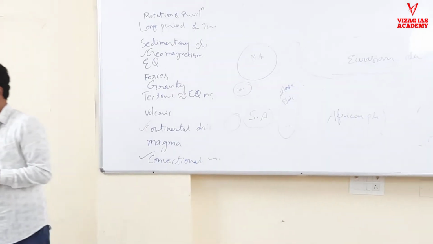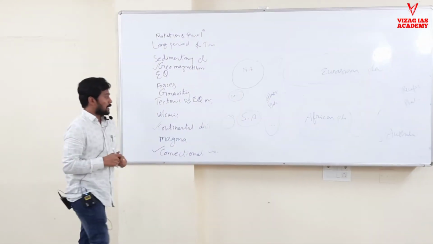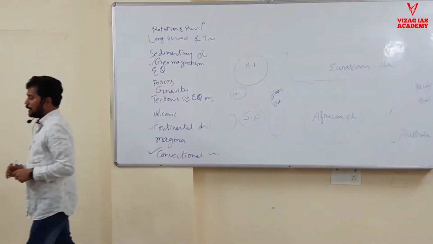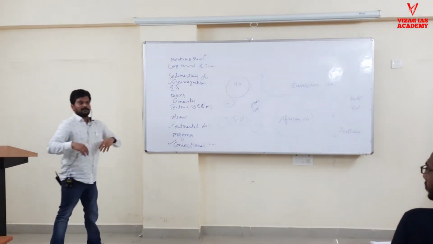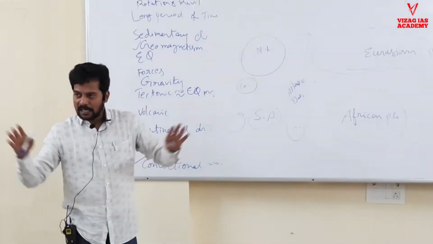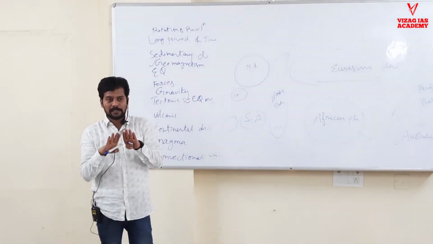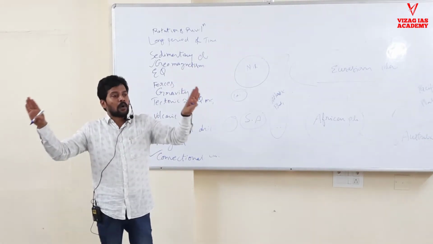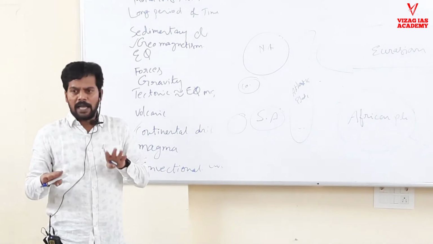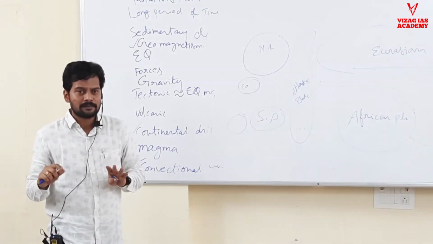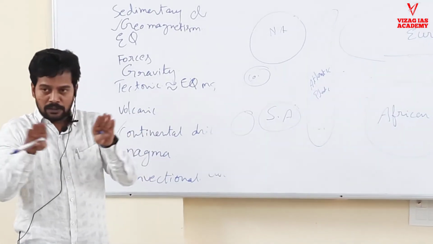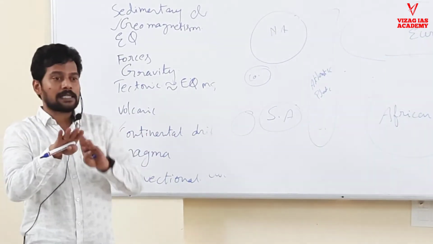So when they keep on moving, two plates are there. What type of movements can happen? Don't go to scientific terms so much, we'll come to those words. They can come together, two plates, or they can go away from each other, or they can slide. Any other movement can you see? If you have two plates or many plates also, either they come together, separate or slide.